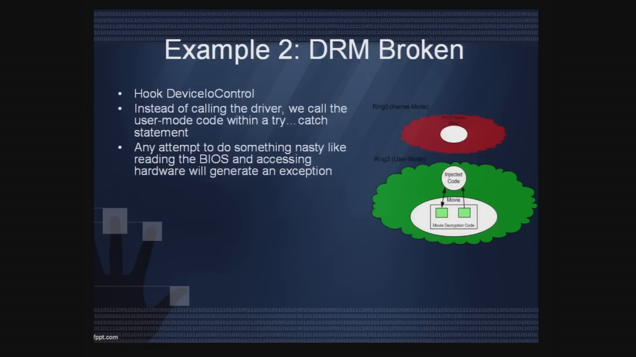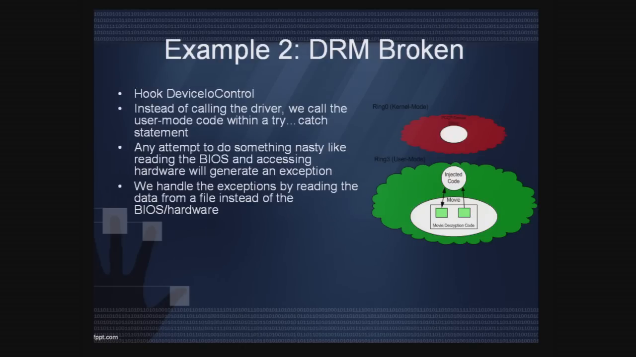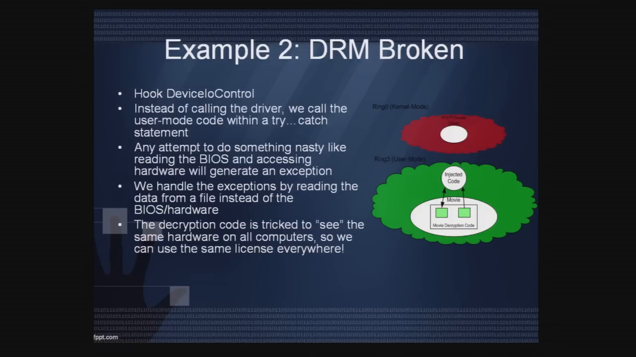Anytime that the driver, that code tries to do something nasty, like reading the BIOS, it would raise an exception because it's a privileged instruction. I handle the exception. Instead of reading the BIOS, I read it from a file that I saved before. Whatever it tries to do, I give it the data from the initial license that I had, from the computer where I had the initial license. And the system is all tricked. It always thinks that it's running on the same machine,